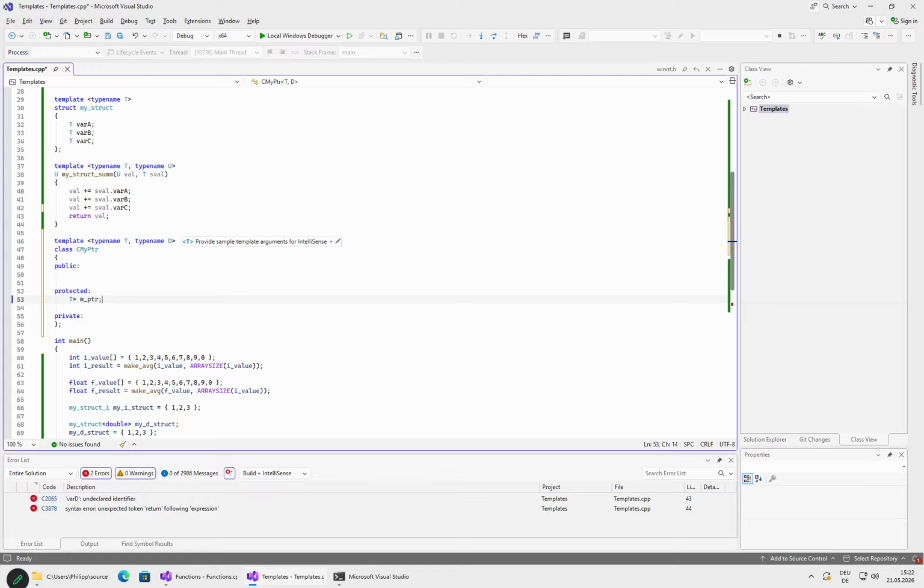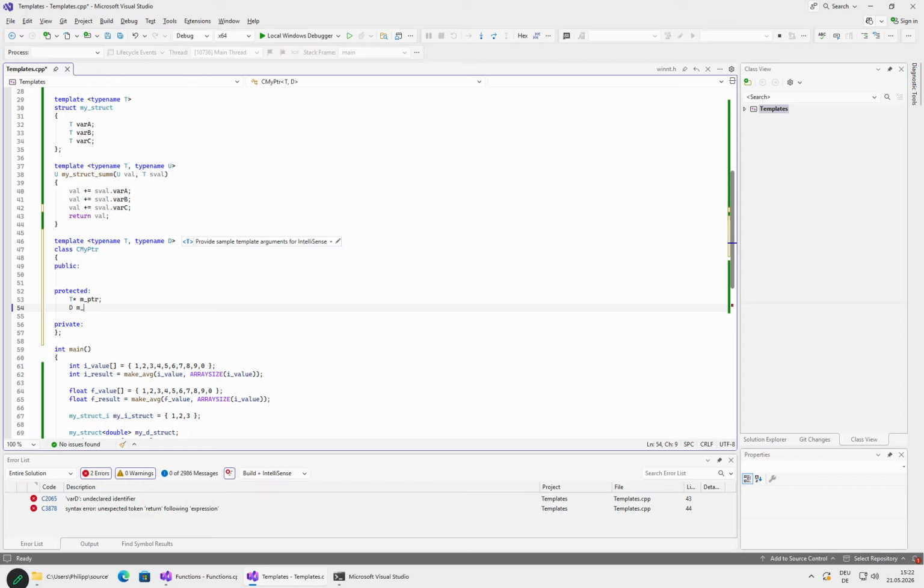I'm thinking what is more elegant. For now, let's just not do any default initializations. We just go with this, and then we will have a function pointer, let's call it mdel for delete, which will then point to a function which will be doing the deleting. So this will be the thing that gives us the total flexibility. Okay. So now, of course, we need to assign these values. So we will create a constructor which takes const T asterisk ptr, comma D del, and then let's initialize the values, del from del,